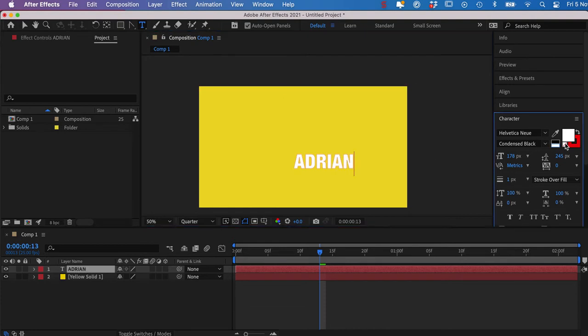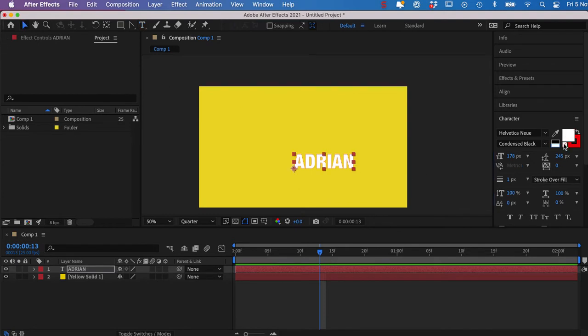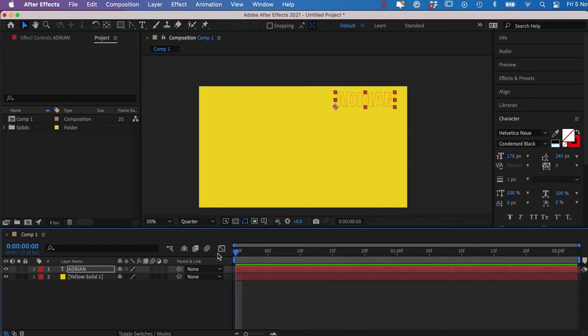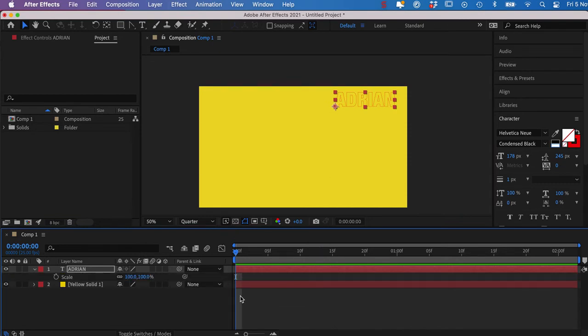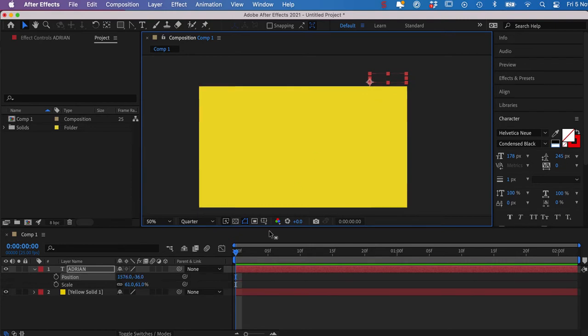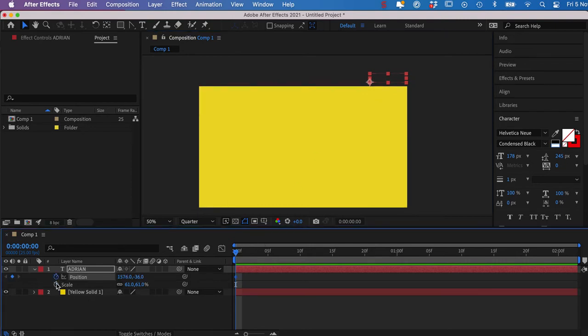And I'm just going to give it a fill of none and a line of red. Switch off caps lock, and I'm going to move it up here. And if I move the playhead back to the beginning, I'm just going to go S for scale, and I'm going to reduce it down a bit. I'm going to drag that off the page. I'm going to go Shift P for position. Make sure I keyframe that scale,